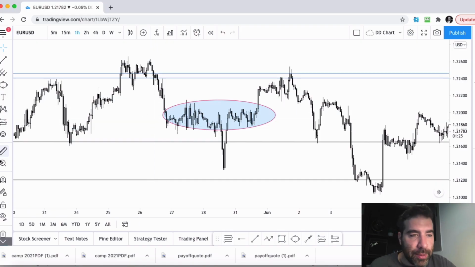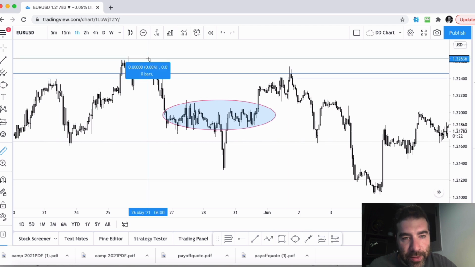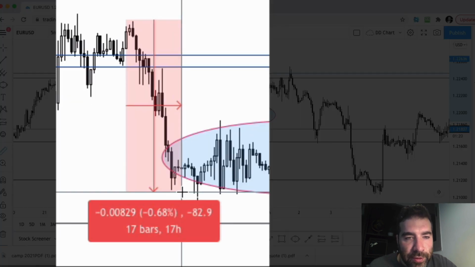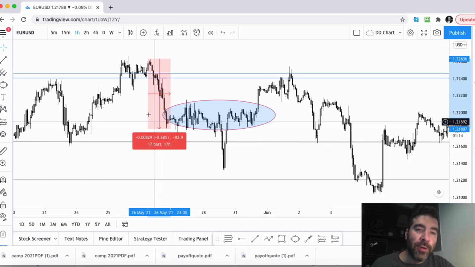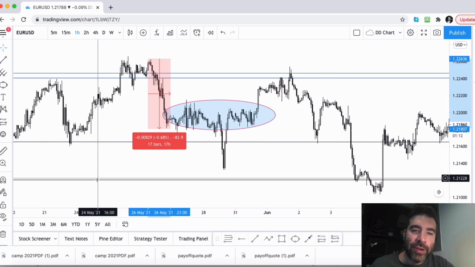It's the 4-hour levels, maybe the 2-hour levels, sometimes the 1-hour levels, but the 4-hour levels, the daily levels, those are something you definitely want to keep in mind, even if you're scalping, because once you reach those levels, all of a sudden you'll look at some amazing setup, and boom, you'll just be shot out. Why? Because it hit some crazy support level as it did here, and it just shot down. How many pips was that over here? From here to here, it was 17 bars, 17 hours, 82 pips. So all of a sudden you're in a great trade. It looks like it's going up, and you're just attacked like that. So that's why support and resistance